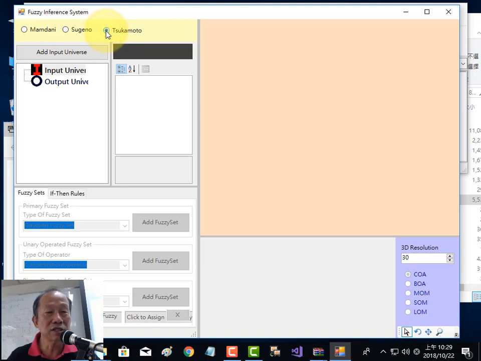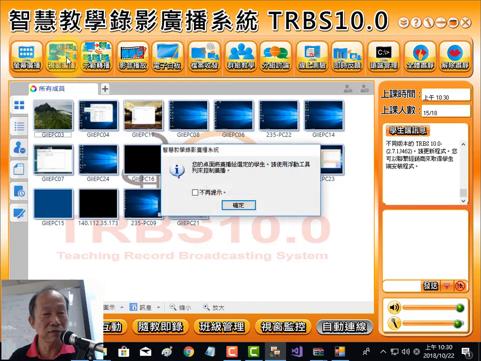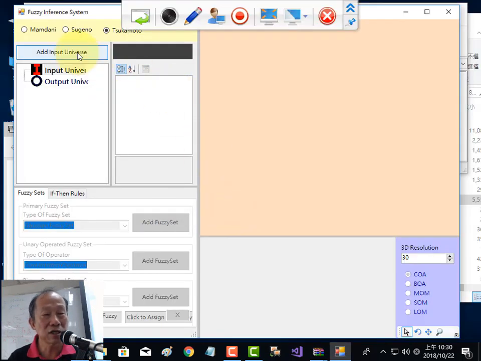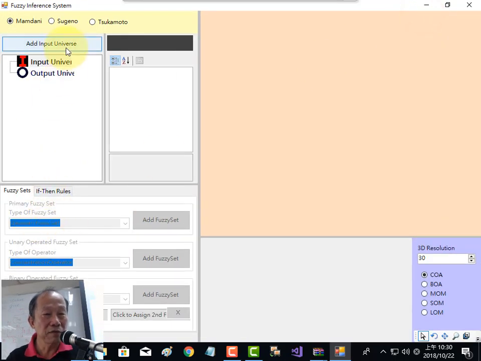When you complete assignment 6, it's a complete application. We can let the user select whether it's a Mamdani, Sugeno, or Tsukamoto fuzzy inference system. And the user can interactively use this interface to construct and build up an inference system. That is the purpose of the final assignment. So let me broadcast it. As you can see, if the user selects Mamdani fuzzy set,